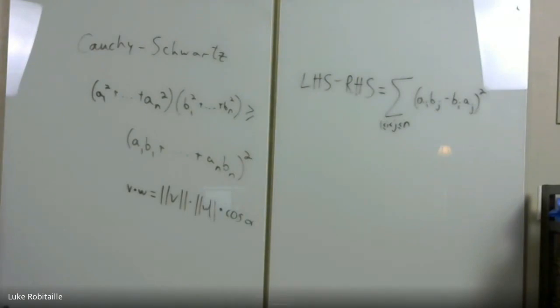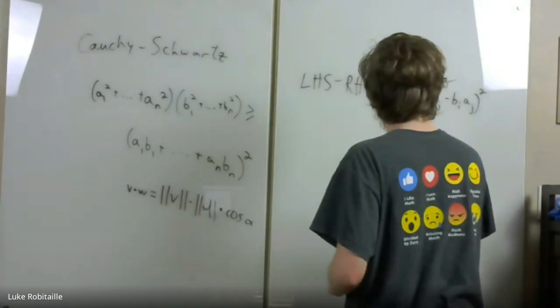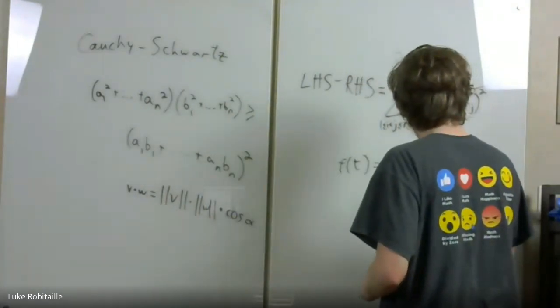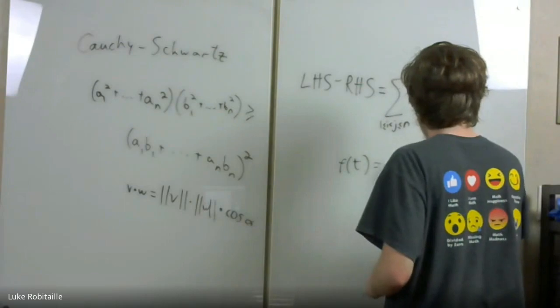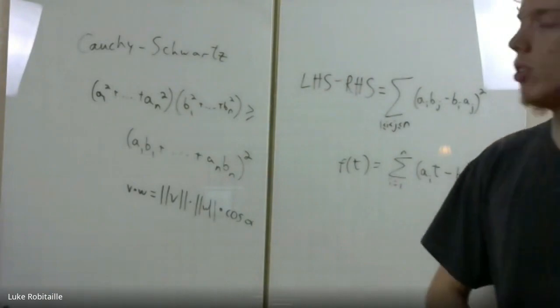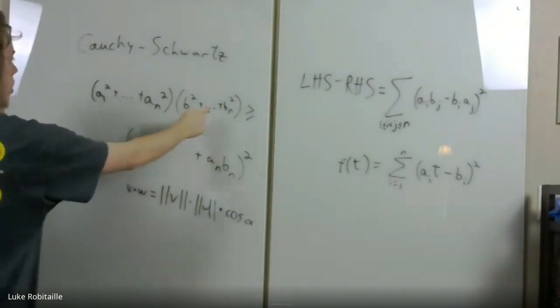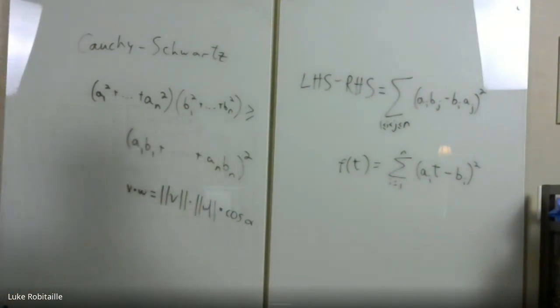Another way you could prove it is you could define a quadratic polynomial, f of t, equal to the sum over i from 1 to n of (a_i t minus b_i) squared. Now the sum of a_i squared is the coefficient of the quadratic term, and basically the inequality boils down to saying that the discriminant of this quadratic polynomial is less than or equal to 0,